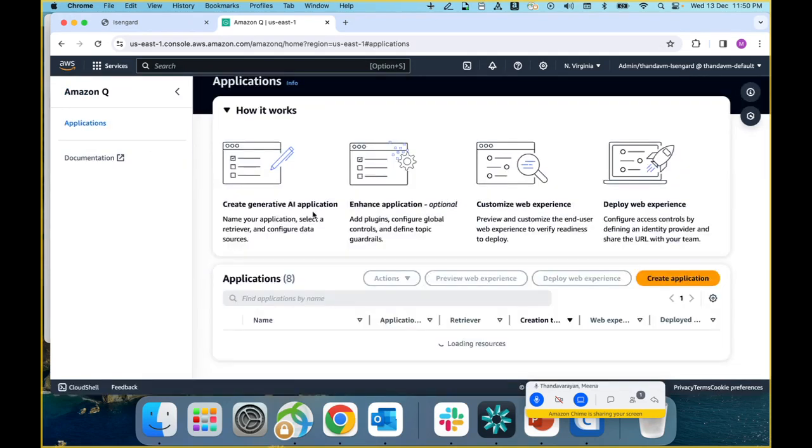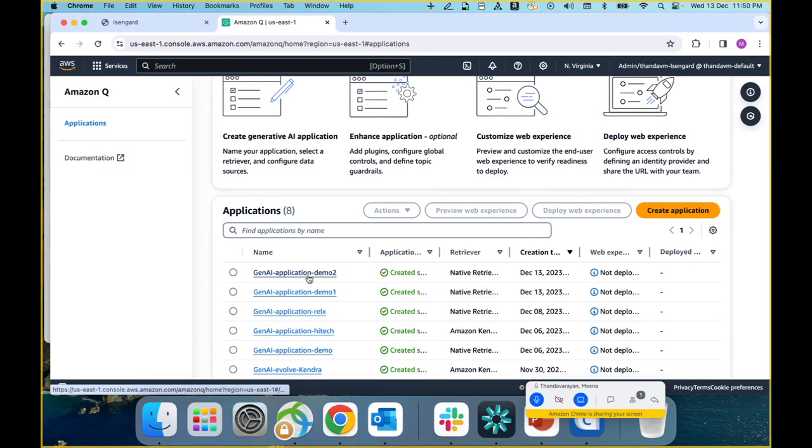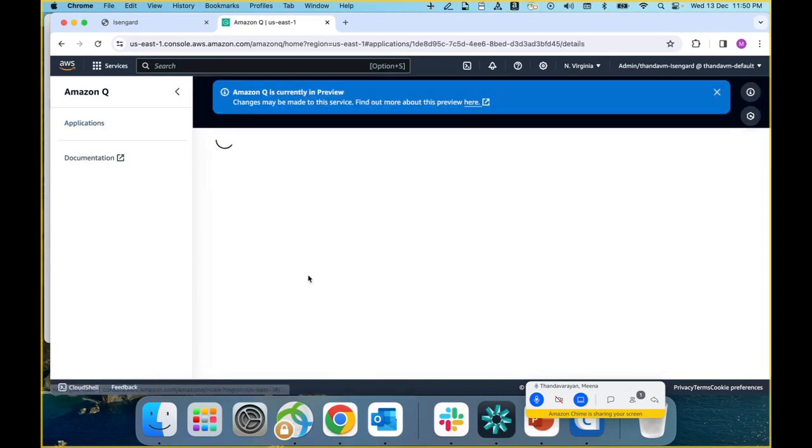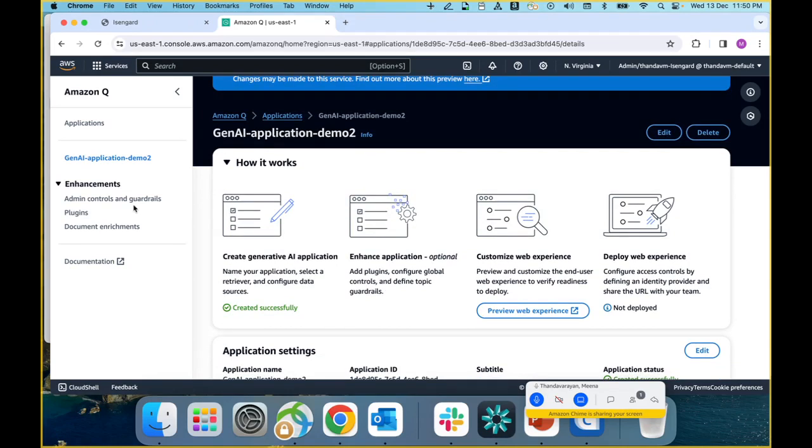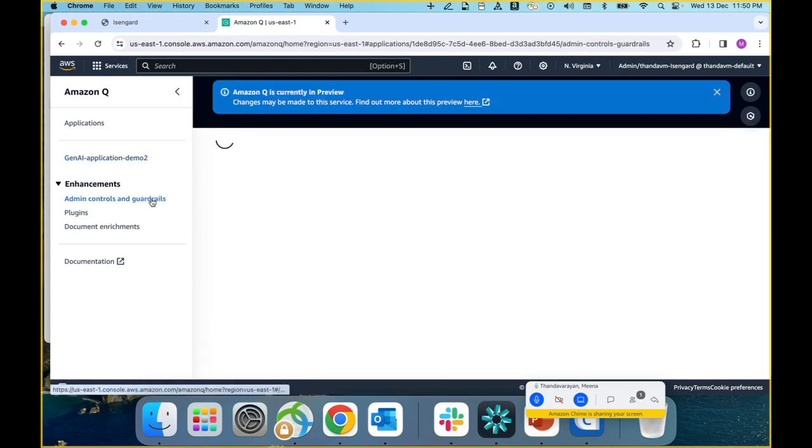Let me go back to the application, demo 2 application. When I click on my demo 2 application, you can see on the left hand side under enhancements, there are 3 different configurations that you can play around with. The first one is guardrails. Guardrails are admin controls and guardrails. When I click on it,